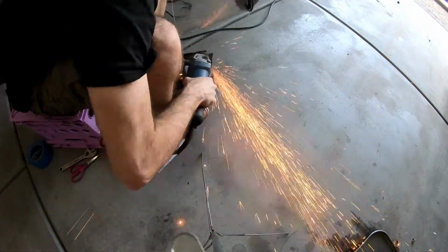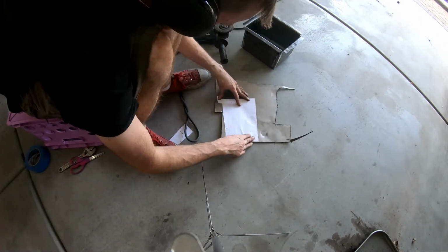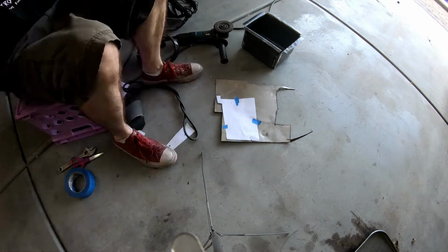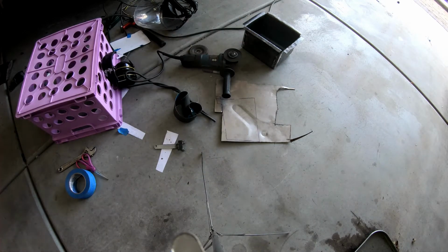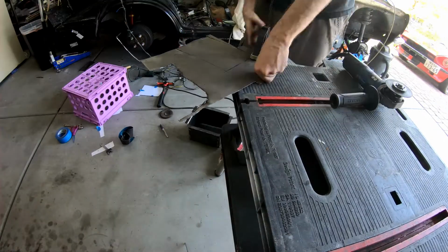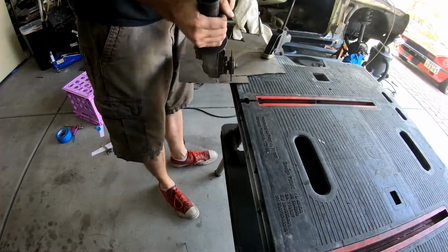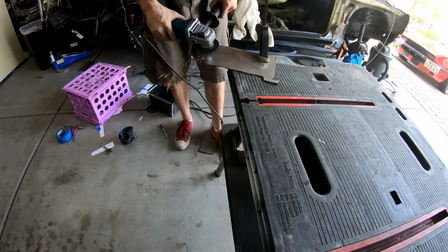So my camera overheated and videoed nothing, so I'll go ahead and give you the voiceover. Pretty much what I'm going to do in this part, you'll see me take the old portion of the floorboard that I didn't use and actually turn that into the rear panel. I took a little spot that has a dimple in it to allow me to get maybe a little bit more structure inside of the trunk panel,